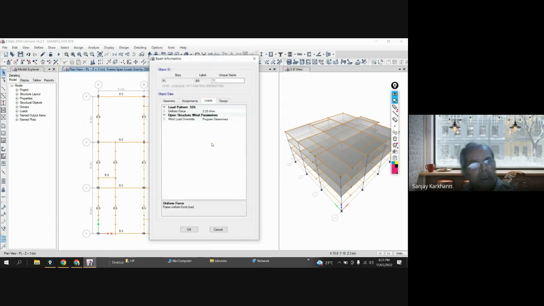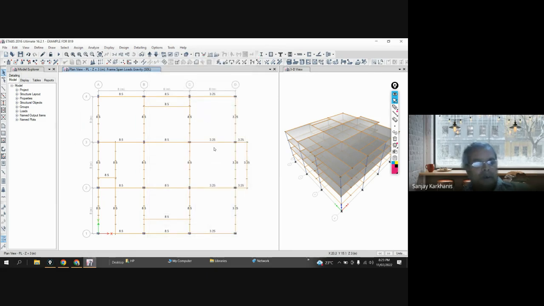Right click on the beam, go to loads, under load pattern, HDL uniform force 3.25. So this way also you can check your model whether you have done it correctly, because many times ऐसा होता है ना, by mistake हम लोग ज्यादा,